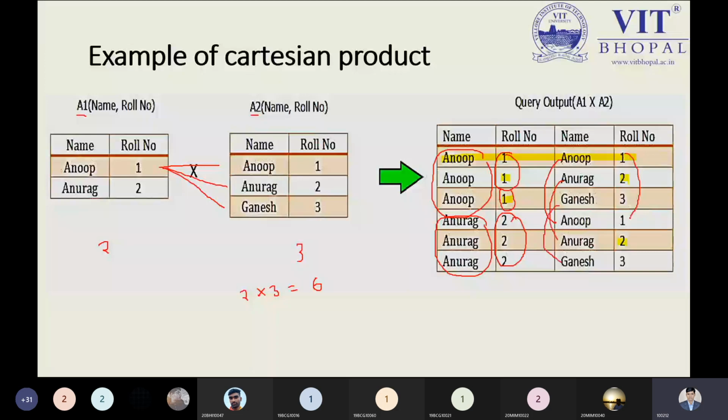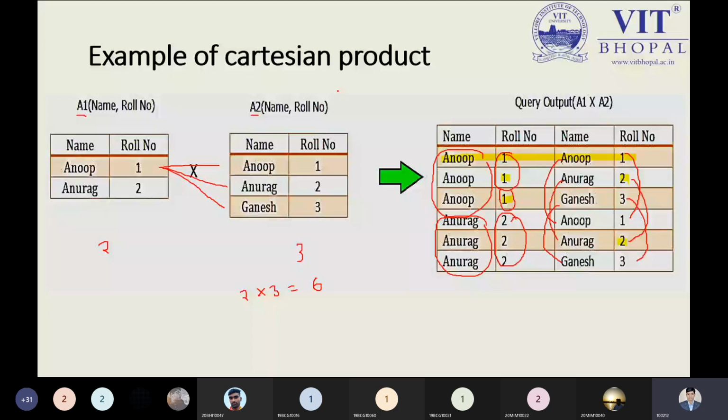If you try to make the relationship between both tables, that is the point we have to keep in mind. It doesn't matter if we have a different number of columns or the same number of columns, meaning attributes, with the same roll number and name. Ultimately, you can observe there will definitely be a row with duplicacy. That was a drawback we observed in the Cartesian product. To avoid such a thing, we have to use the join operation. But again, the join operation itself is not a success in some other places, so we can avoid such a thing.